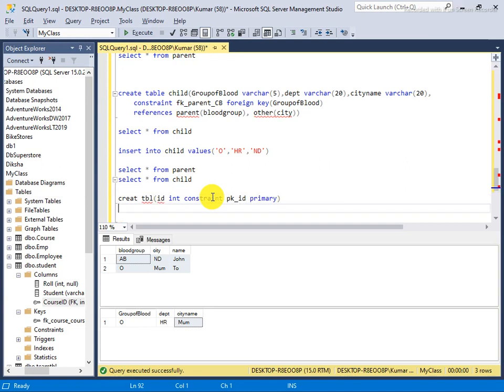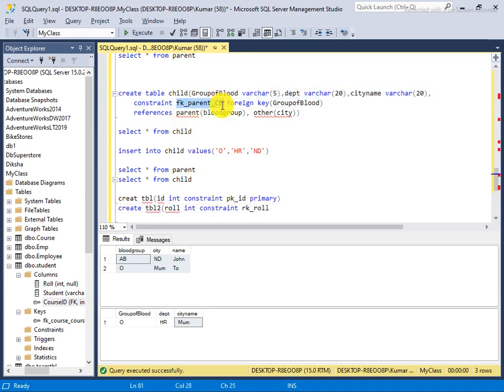Okay, so if you create another table, like mark or role, constraint pk role, then you are using the same key here.